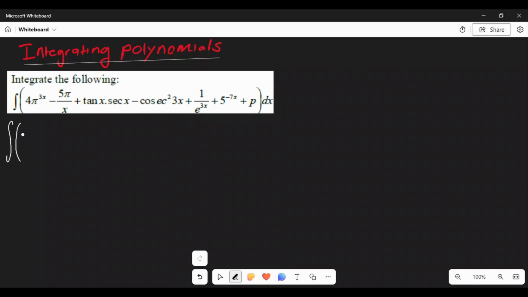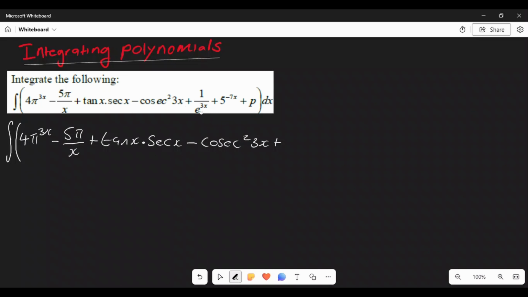As you can see, the first term we have 4 pi to the power of 3x, minus the second term here, which is 5 pi over x. Right, then we go to the third term here, which is going to be tan x multiplied by sec x. Right, and then we go to the fourth term here. We're going to have cosec squared 3x. Right, and then the one that we need to simplify, which is going to be the fifth term,